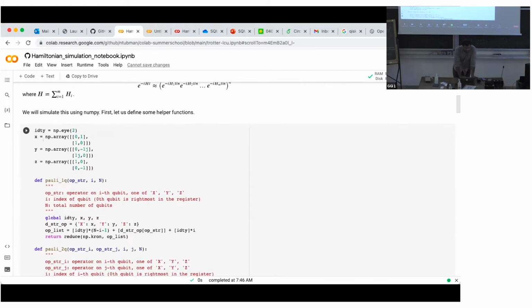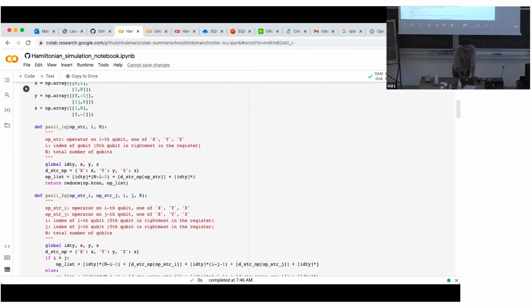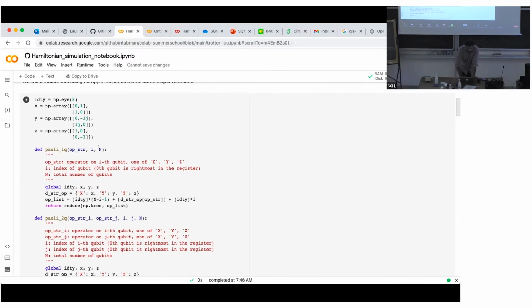And for that, we need a definition of the Pauli operators. So this is the identity, this is the Pauli X, Y, and Z operators. And what this function does, the pauli 1q operation, it basically says, specify one of X, Y, or Z, and tell me which qubit you want that single qubit operator to act on, and tell me the total number of qubits. And this will basically realize the matrix representation of that single qubit operator embedded in the full large